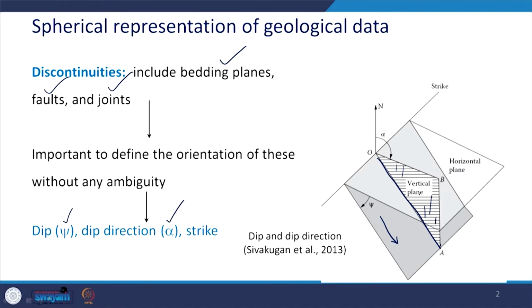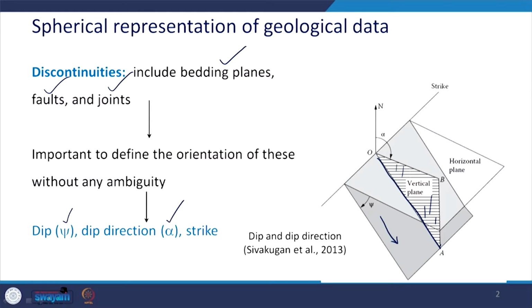So, you see that I take a vertical plane and that would intersect the horizontal plane along this line OB. The direction of this line OB with respect to this north direction is angle alpha,